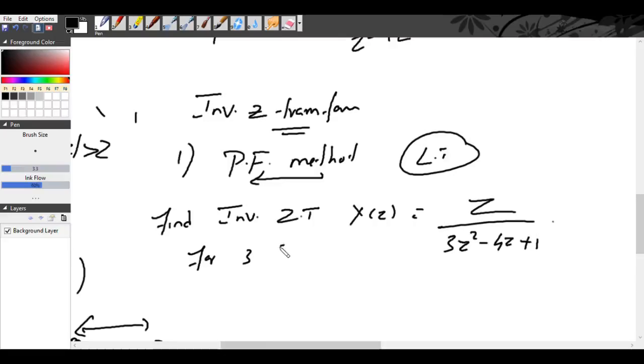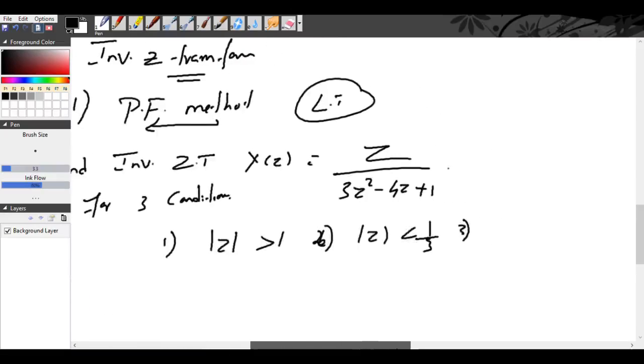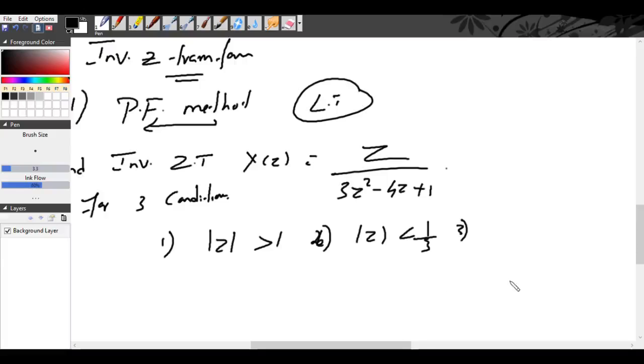three conditions: modulus of z greater than 1, modulus of z lesser than 1 by 3, and the third one is between 1 by 3 and 1. That means what they have given is the x of z, and they are also giving the ROC, a variety of conditions they have given. So these varieties of conditions